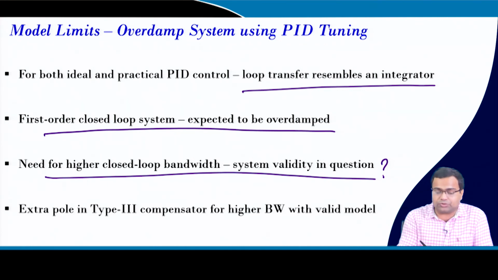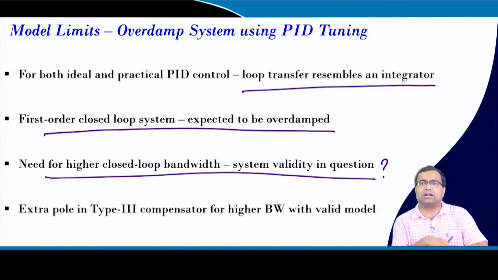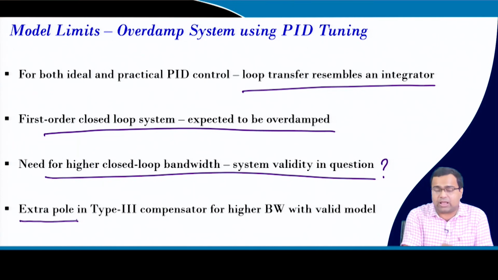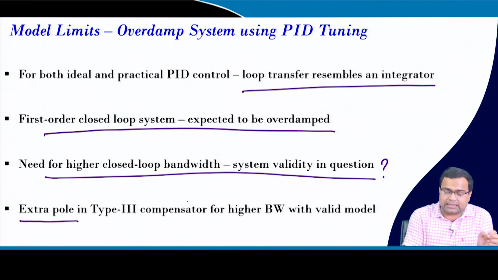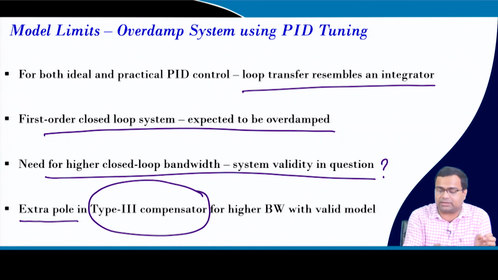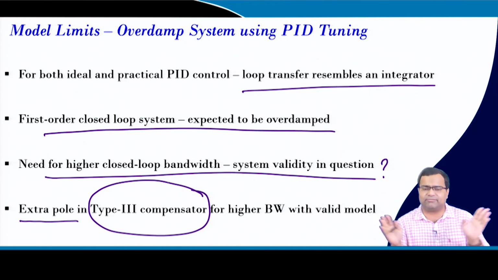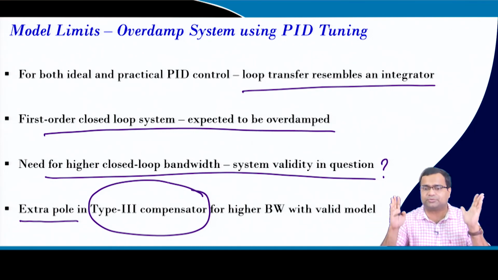So, we should not use a PID controller for analog voltage mode control, because we do not want the first order response, we want an additional degree of freedom. So, an extra pole has to be added with the PID controller, and that will lead to a type 3 compensator, using which we can get a very accurate model up to 1/10 of the switching frequency.